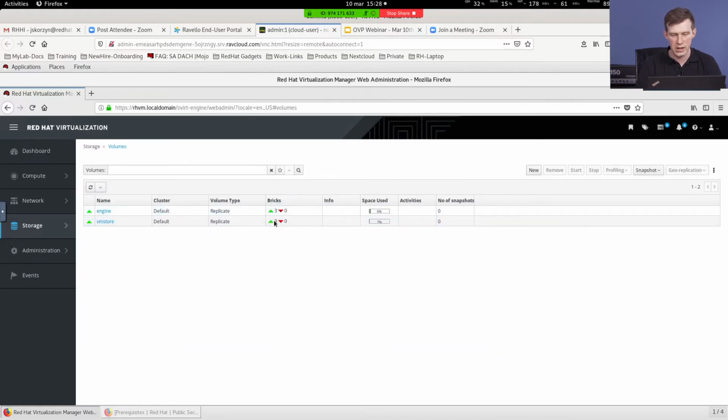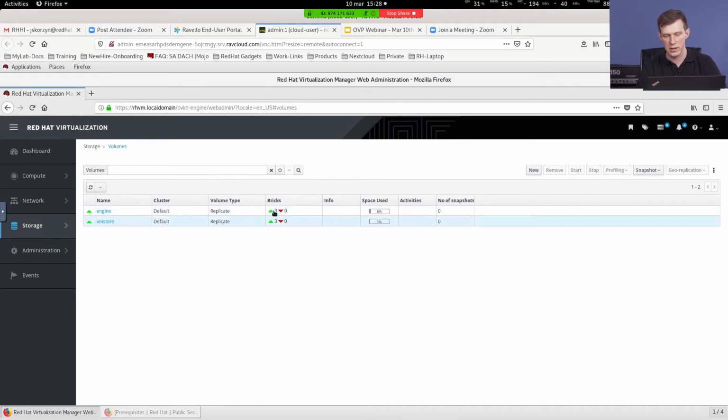When we click on it, we will see our volumes, which were already created during the installation process on our Red Hat Rev hosts, basically. So we've got this Gluster process working on our hypervisors, and all the replicas are here.